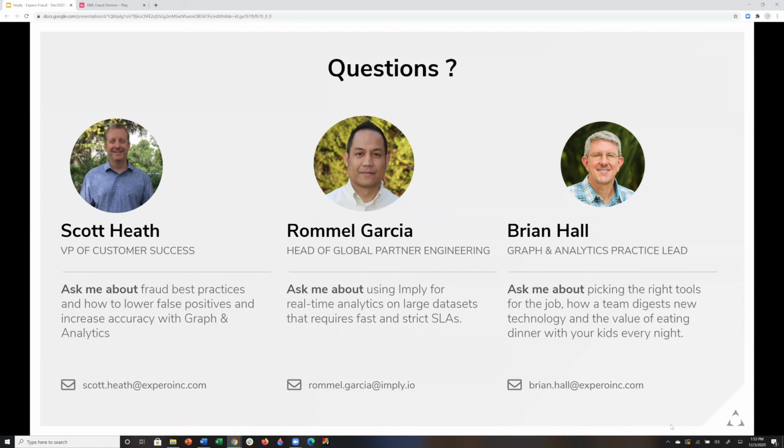Okay, great. We got one more question here, looks like for you, Brian, which is, your diagram of a combined scoring engine, and I guess maybe Rommel's diagram is maybe another overlay on that, how does that work, and where does that fit in the diagram? Sure. So if you took nothing from today's session other than this, it's that it's very additive in the sense that graph is very helpful, and time series in Imply is very helpful, and the two of them together is even more helpful in this realm.